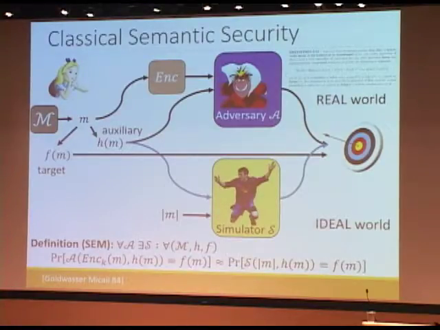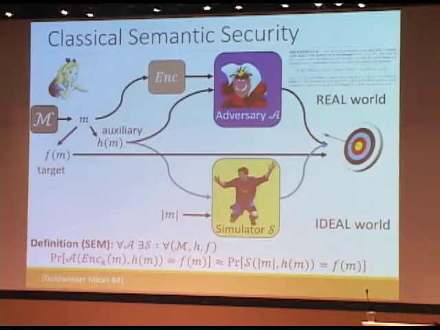So this takes a while to actually digest somehow, to appreciate that this is the notion of security that you actually want from an encryption scheme. So what does it intuitively mean? I can go over it once more, but maybe you should just stare at it for a while if you have the time.